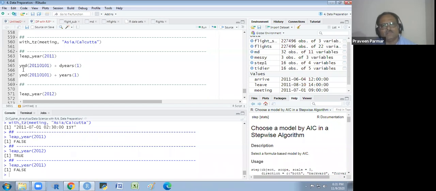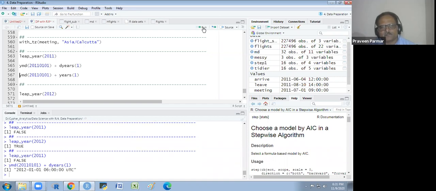And here you see I am writing the YMD, 2011 and this all, whatever the format, and plus d years 1. So you will see what will happen. So it is 1/1/2011. So it is 1/1/2012.